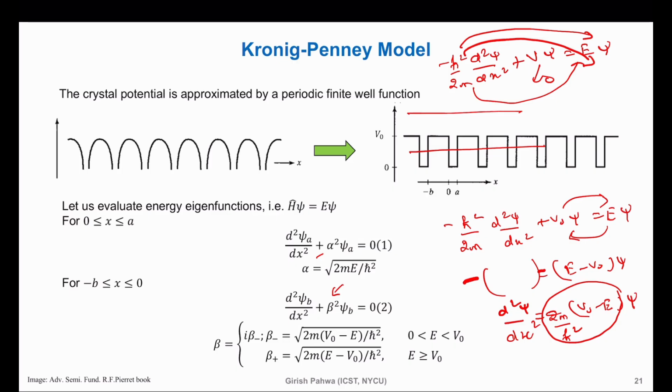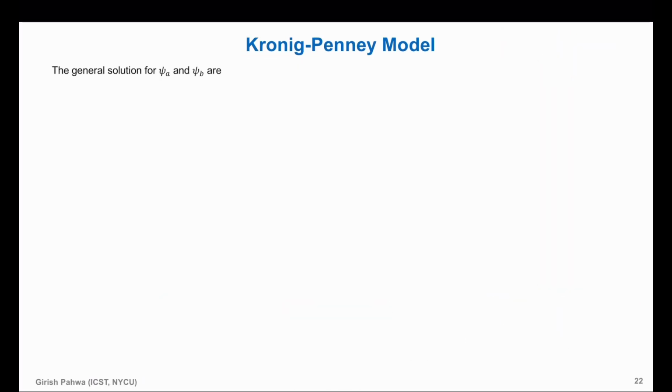Okay, let's move. So let's talk about the general solution for this and this. What will be those? So the general solution for psi A and psi B will be, so for psi A, it means from 0 to A, right? So your potential is this,